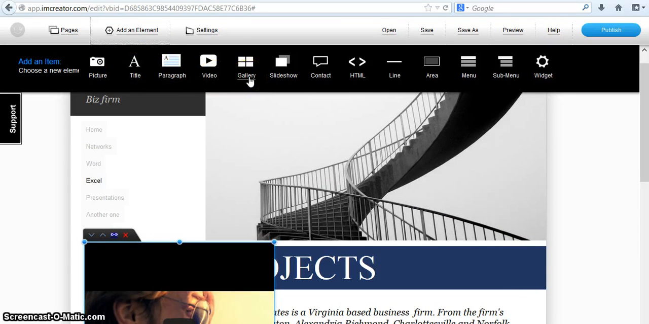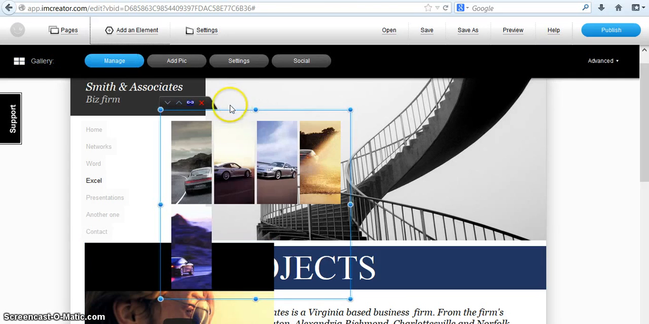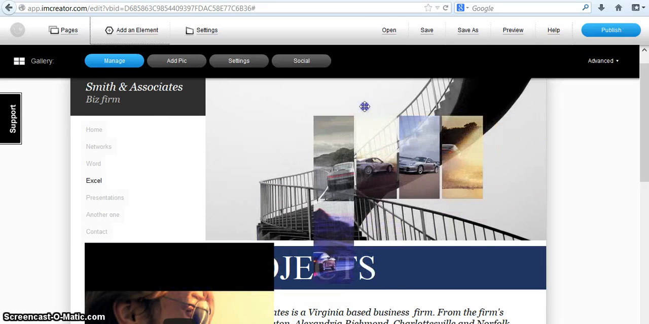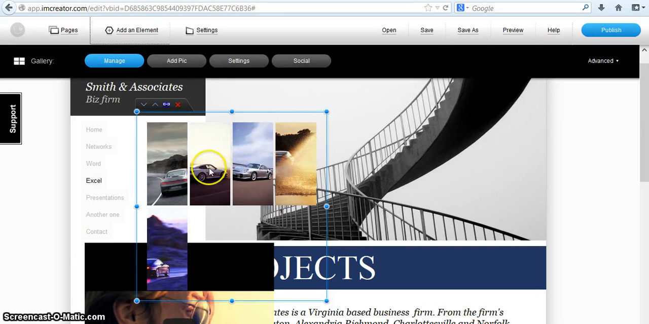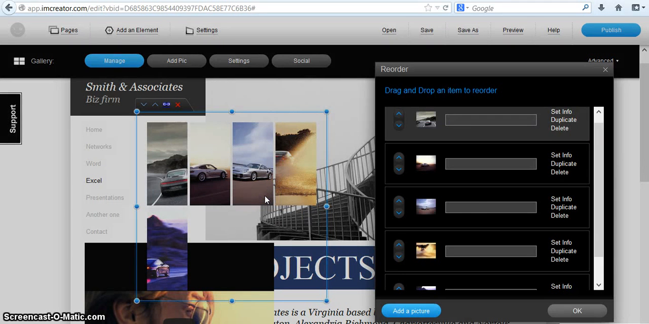Okay, so picture, title, paragraph, video. A gallery would be a picture gallery. If we click on that, it inserts a picture gallery here. We can move it around as well. Obviously, you're not going to want to use these pictures, so we can manage the pictures. And when we do that,